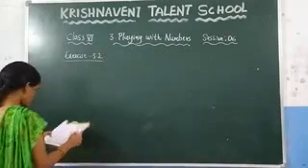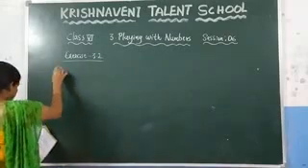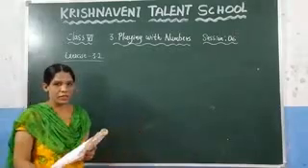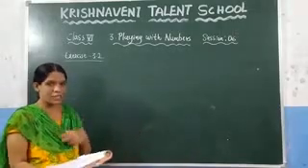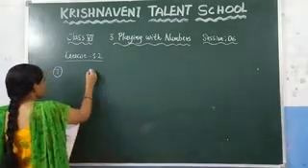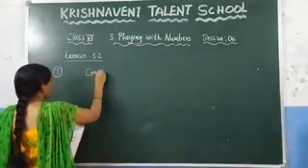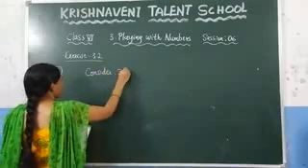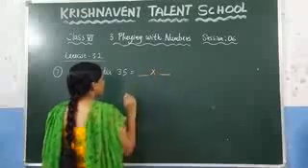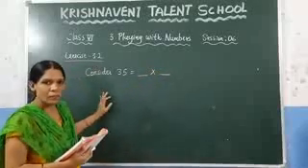Here, what is the 7th question given here? Write two prime numbers whose product is 35. You need to write prime numbers such that you get the product which is 35. That means, consider 35. What is the number they have given here? 35. You need to write this 35 as the product of two numbers. And those numbers should be prime numbers.